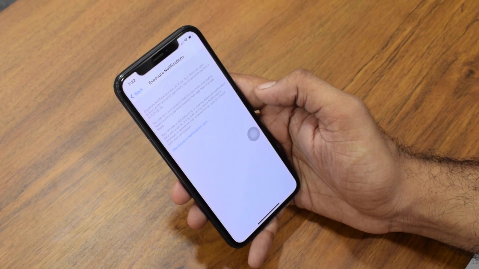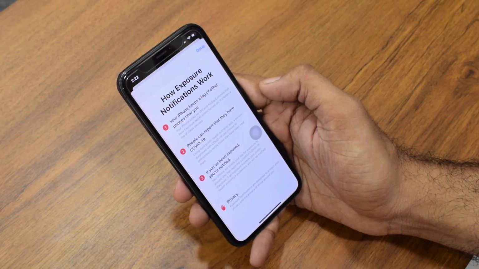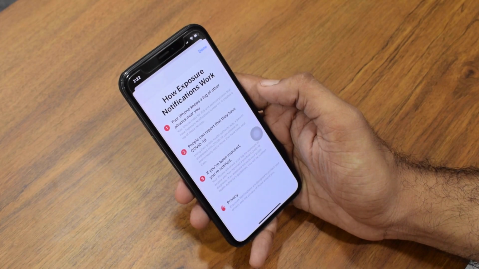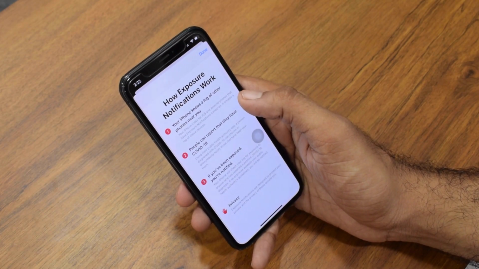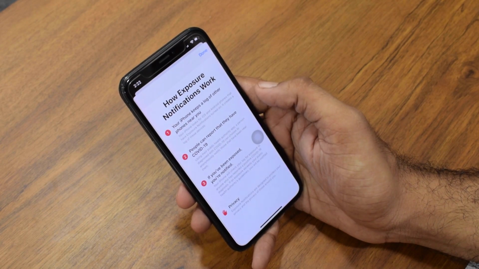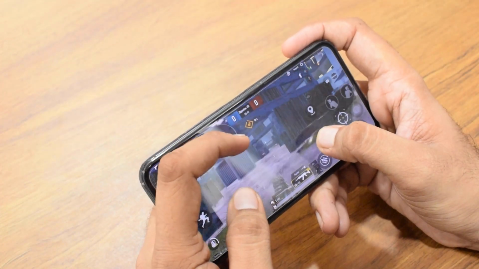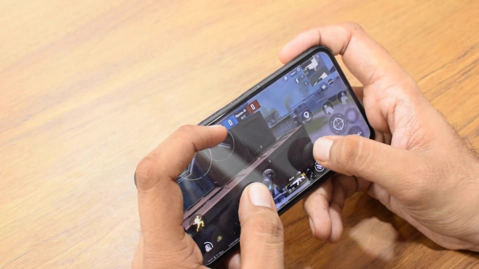Now another thing that I noticed in settings is this exposure notification. It will notify you regarding your exposure to COVID-19, but it is still dependent upon a third-party application for the same, which isn't available yet. I have tried to use it with the Arogya Setu application but wasn't able to find any setting to use it. So I hope developers will make some application taking advantage of this feature, which will be beneficial for us.